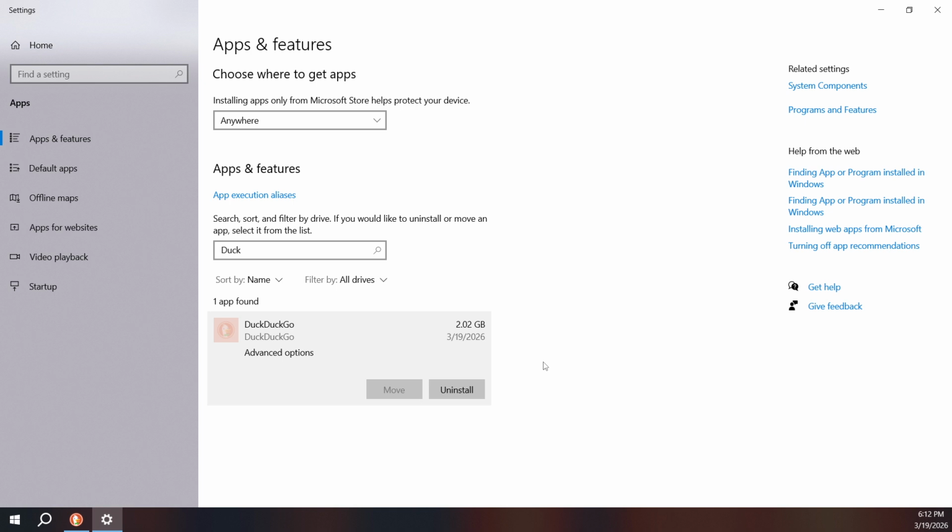If the entry remains temporarily, give it a few seconds or close and reopen the Apps and Features window to refresh the list. That's it. You opened Apps and Features, searched for DuckDuckGo, and